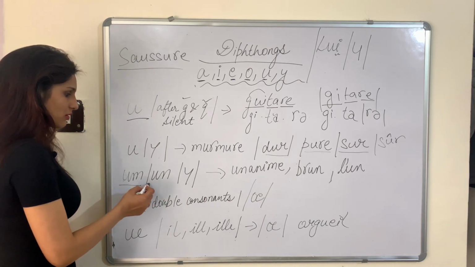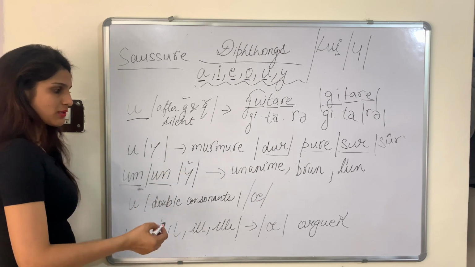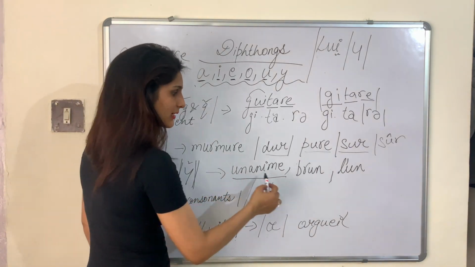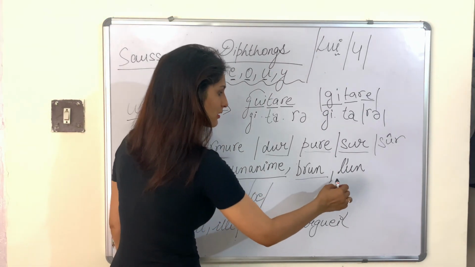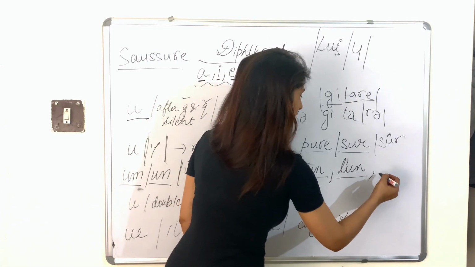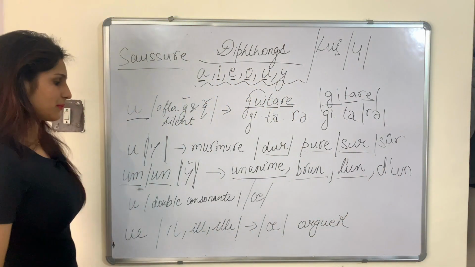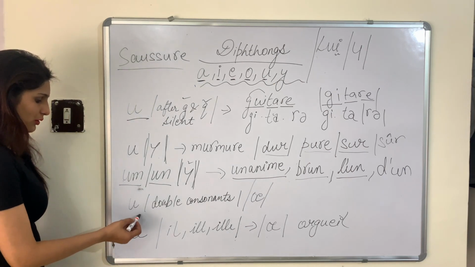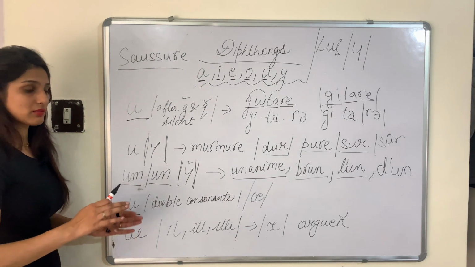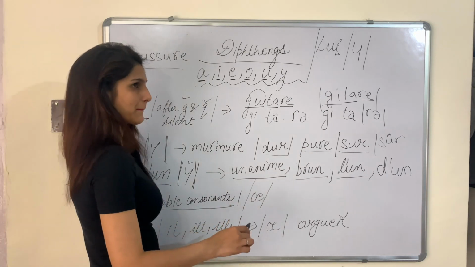Now, the phonetic sign is like this. Anonyme, anonyme, bras, le, Saussure, and even d'un. These are the sounds. Now, U, whenever it is surrounded by double consonants, like in the word